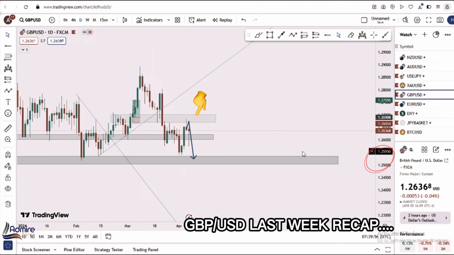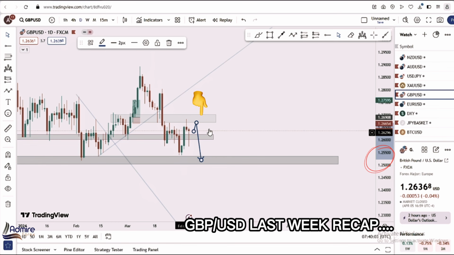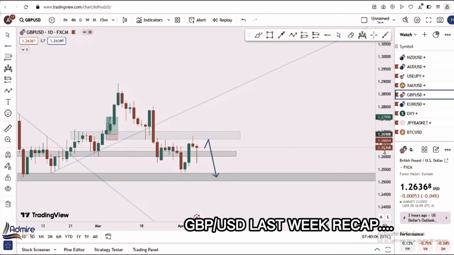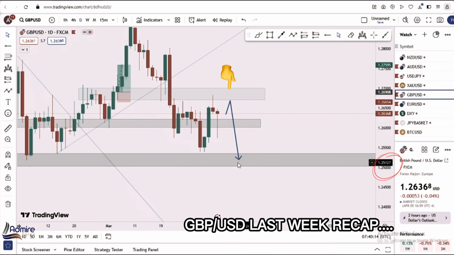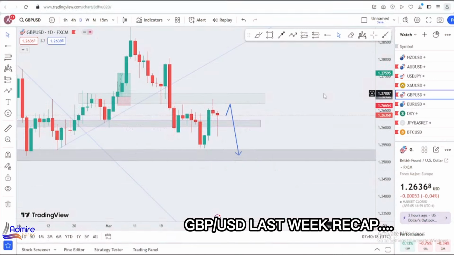Okay, price has actually retested another key level all the way up here, which we had already marked out. And also we see that bearish hammer, shooting star kind of candle closure here. Okay, so we would be looking forward to more bearishness, at least to the 1.25 area all the way to the downside for GBP/USD.